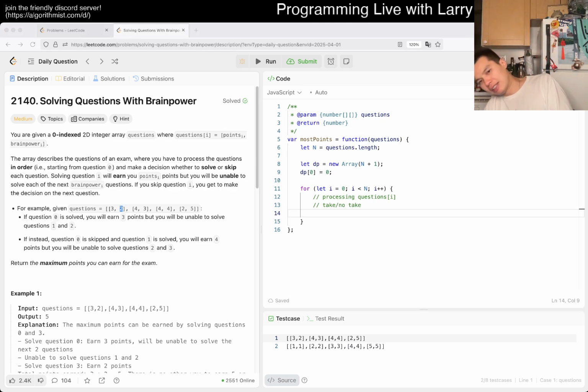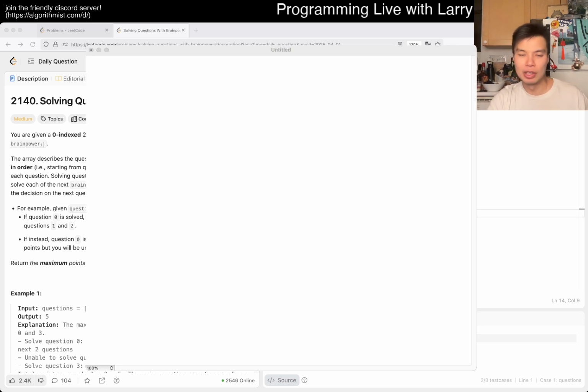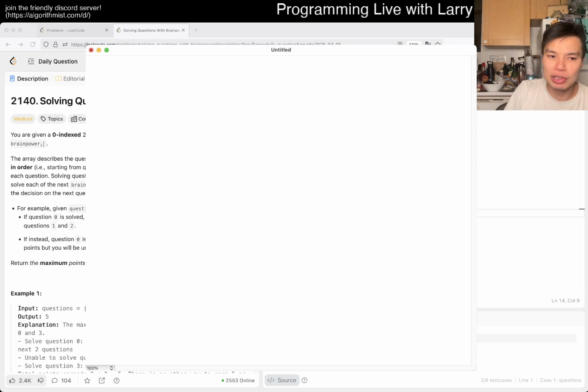And actually, let me take a pause for a second and draw it out for you. I think this problem is actually a very good problem to visualize this concept on. One thing that I would also say is that very often we index things as if we're processing a current index for dynamic programming. But the way that I've been thinking about it more and more is that you have to be careful, and that what you want is actually not that. What you want is kind of the space between the numbers, right?